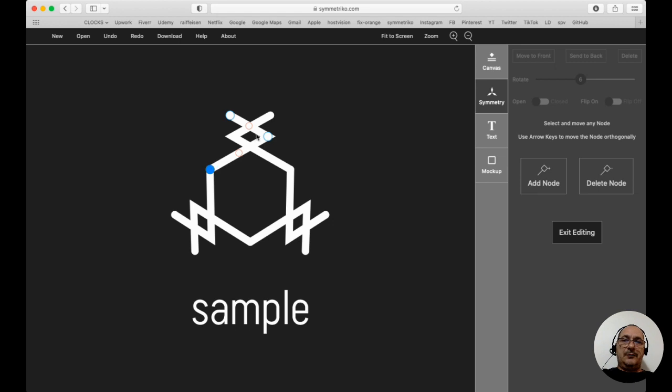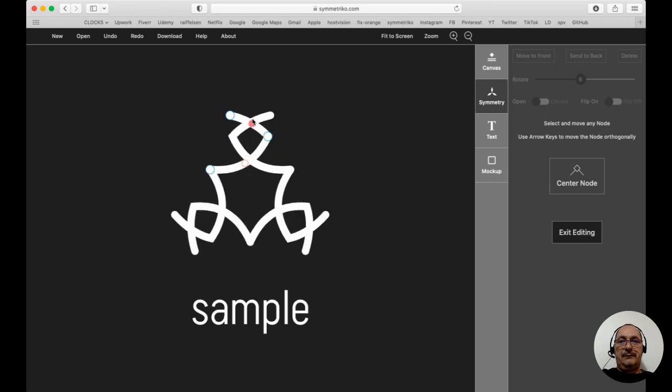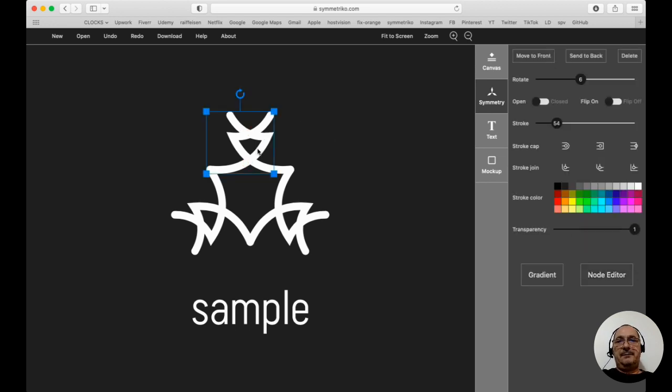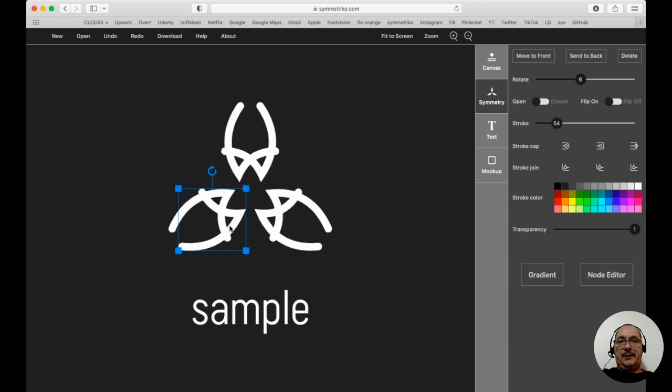Here between the nodes, you notice the red one. The red nodes actually control the curvature. In this moment, it is a line in the middle of the line, so I have a straight line between this node and that node, and a straight line between this node and that node. Now when I select the red node, I can drag it around so I can change the curvature of the lines. This way, now I can have my line, and I can move it, and I have a completely different drawing